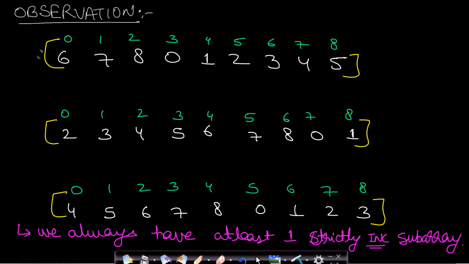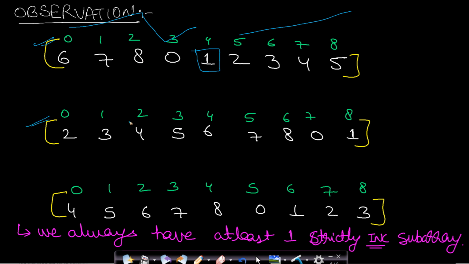Let us see an important observation by using these three arrays. In the first array, we have 9 elements. If you divide it into two parts, then this will be our mid element. Now from this mid element, at least either the left or the right half will be in strictly increasing order. This half is strictly increasing, and this half is increasing, then it decreased to 0, and then again increased to 1. So the right hand side is uniform, but the left hand side does not have a uniformly increasing graph.